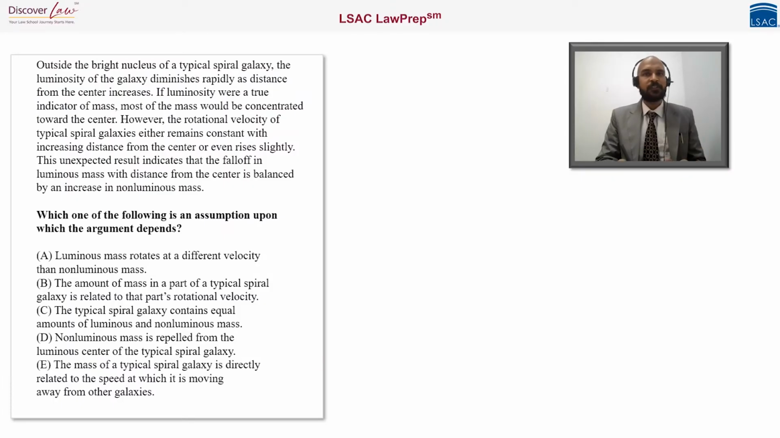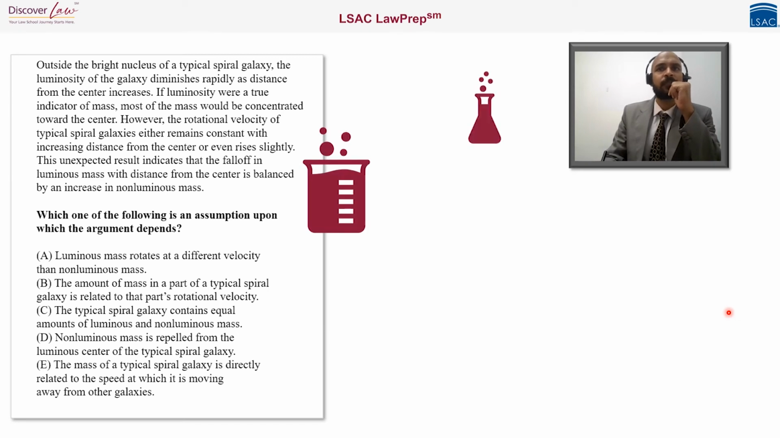So let us solve this question. It says, outside the bright nucleus of a typical spiral galaxy, the luminosity of the galaxy diminishes rapidly as the distance from the center increases. If luminosity were a true indicator of mass, rotational velocity,